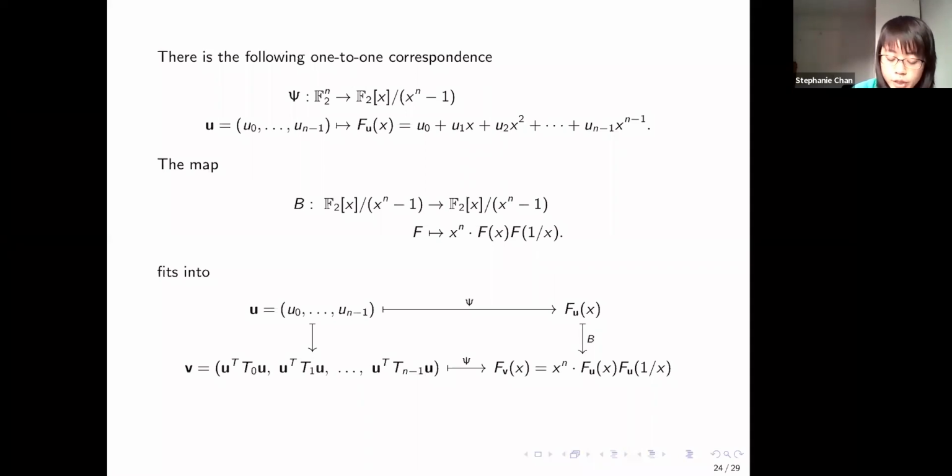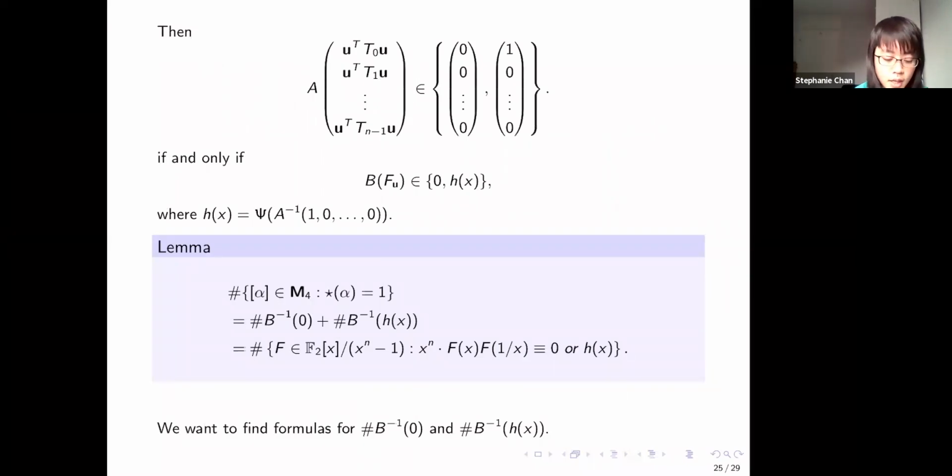And we try to count the number of polynomials that satisfy the linear algebra condition, converted to this problem over polynomials over F2 modulo x^n minus 1. Okay, so we're using this correspondence, and what we get is that the number of classes in M4 that satisfy this property star